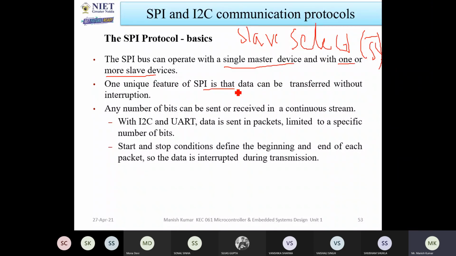One unique feature of SPI is that data can be transferred without interruption. Without interruption, you can send the data continuously. Okay, there is no stopping in between. So any number of bits can be sent or received in a continuous stream. Since there is no interruption, you can transmit or receive any number of bits. But in case of I2C and UART, data is sent in a packet, so it is limited to a